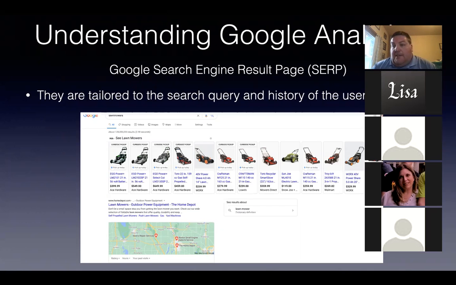And I will talk about this here in a little bit. Listing at the top organically, meaning no paid advertisements, is very difficult. As you can see, right at the top, we have ads for lawnmowers, and they're from different stores. All right, and then down on the bottom below it is a hit for Home Depot. And then there's a map at the bottom that shows you different locations that sell,